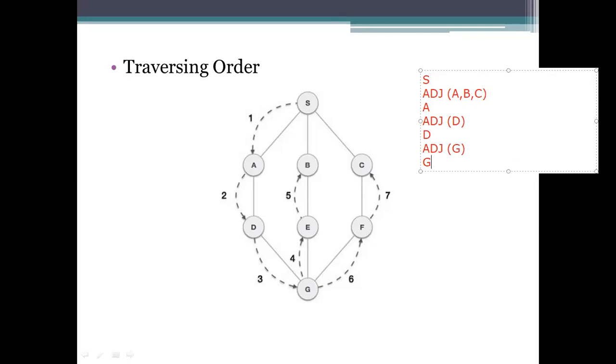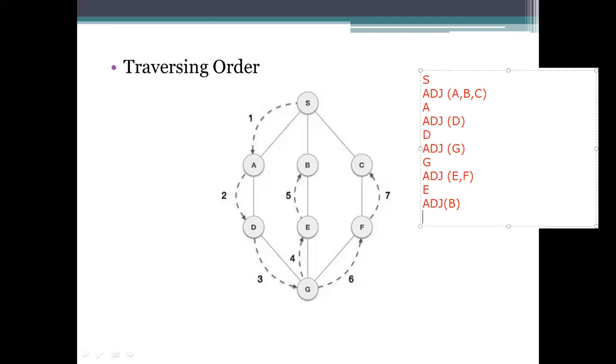And after that, G is having adjacent nodes, which are E, F. Okay. We need to visit the node E, and does it have any adjacent nodes? As it is having a node which is B, then visit B.